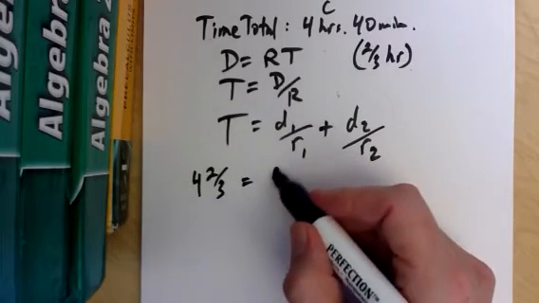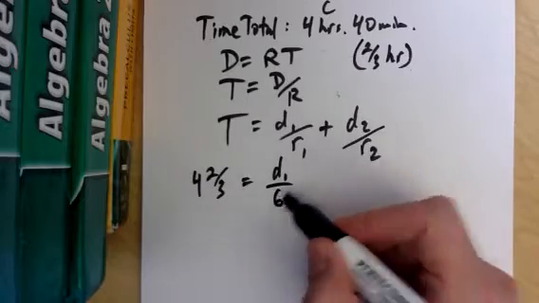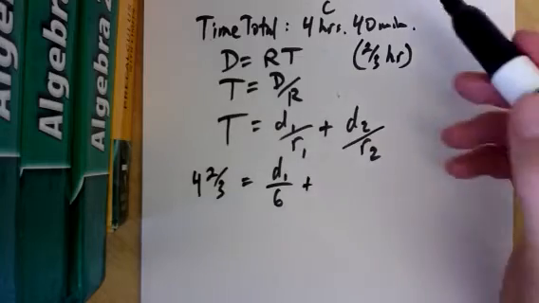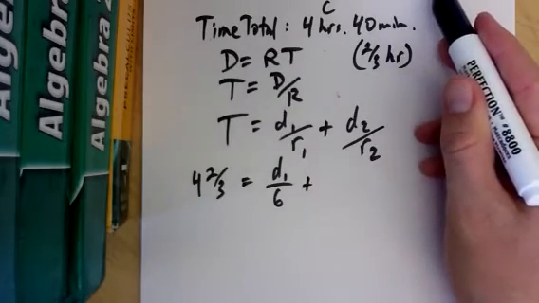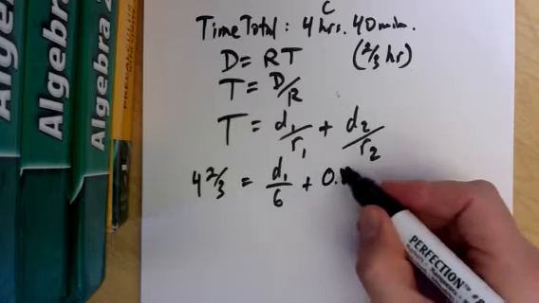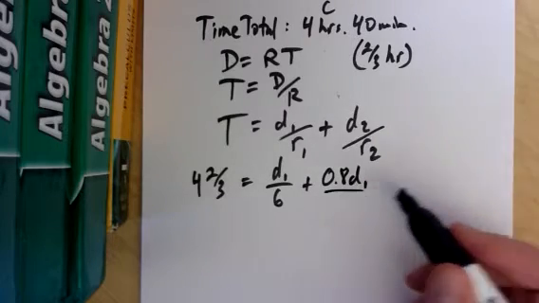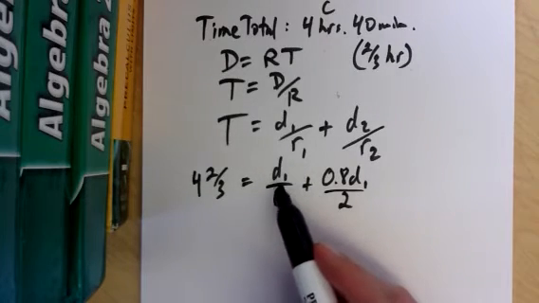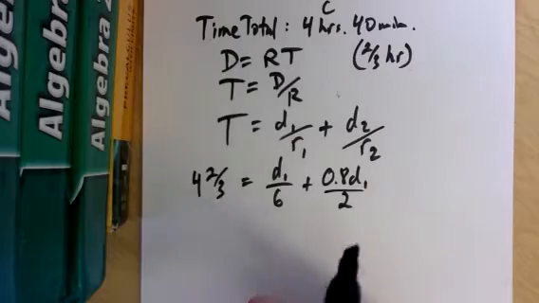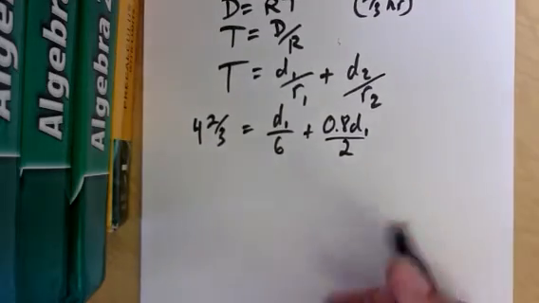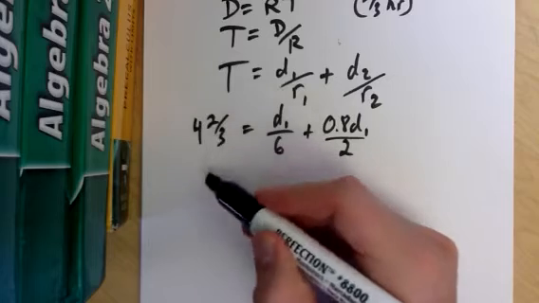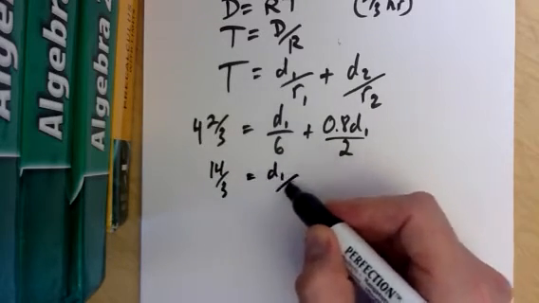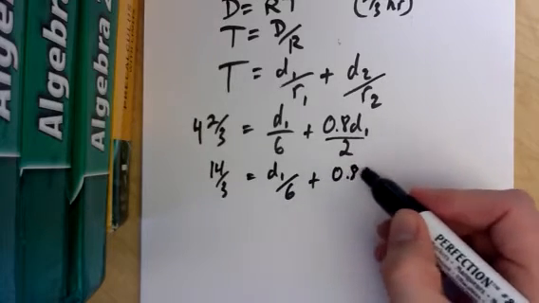Distance 1, we don't know. Rate 1, we do. It's 6 miles per hour. Distance 2 is 0.8 of d, 4/5 of d1. And rate 2 is 2. So now you've got an equation with only one unknown. And let's try and get rid of some of these fractions here. So you have 4 times 3 is 12, plus 2 is 14 thirds, equals d1 over 6 plus 0.8 d1